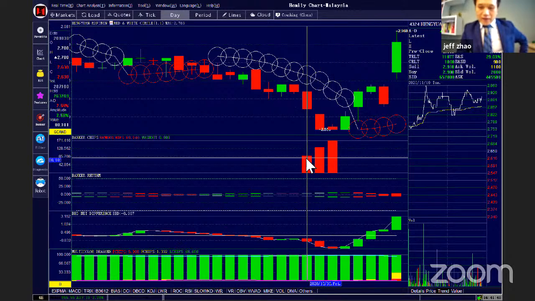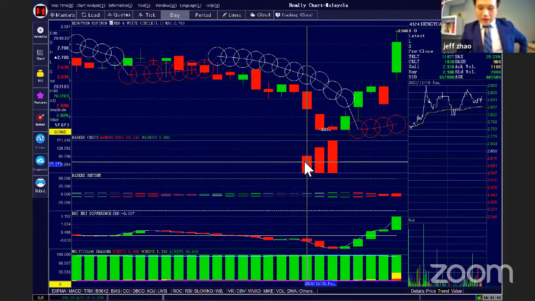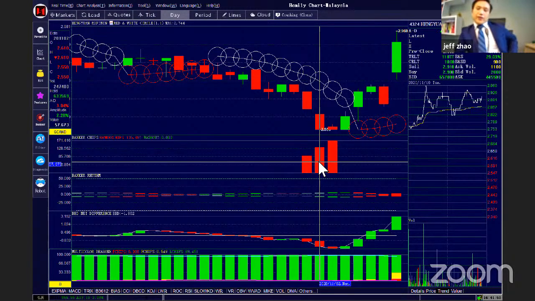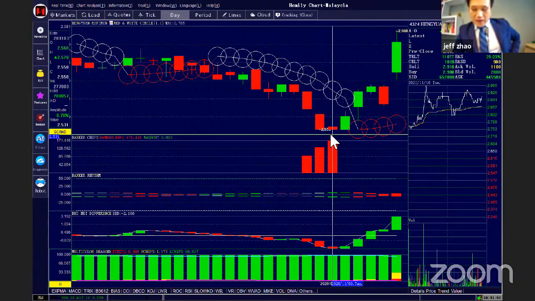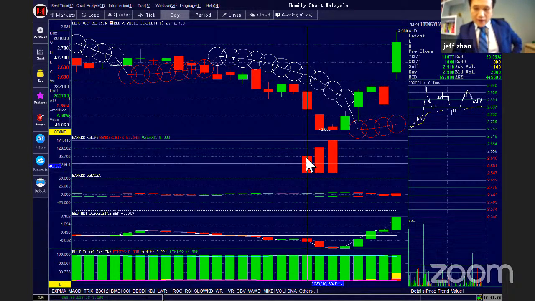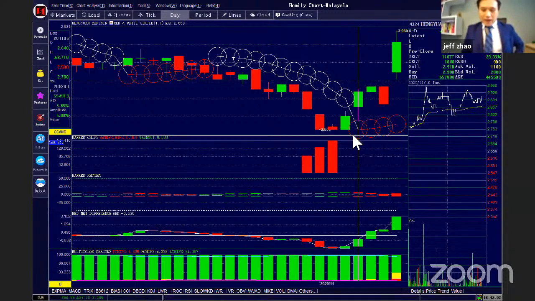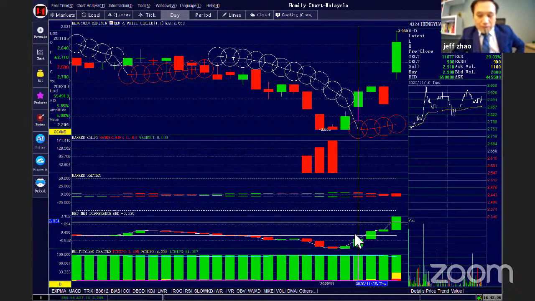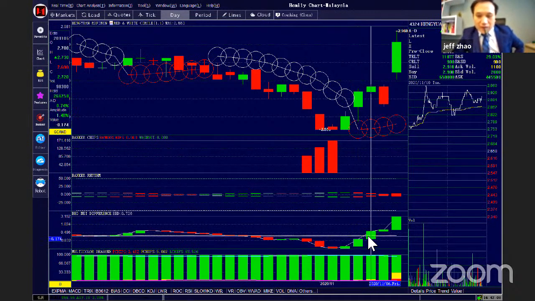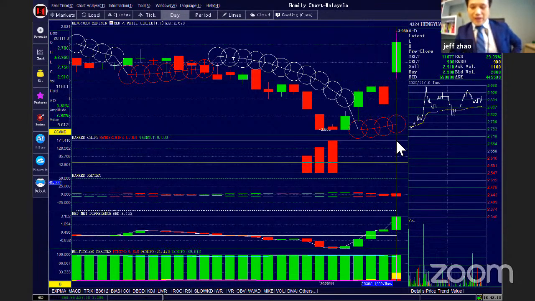From the daily chart, you can see at the end of last month, this day is the 30th of October, 2nd of November, 3rd of November. Then you can see the price go down, continue to go down, but the bank chips appear. When the red candle appears and the red column appears, the BBD is still below the zero axis. But this day you see all the conditions are met, and from here the price goes up.